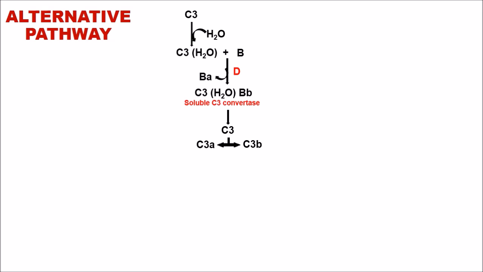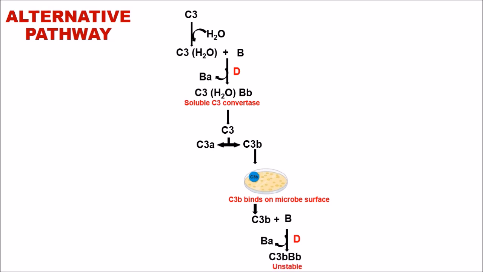When there is an infection, C3b covalently binds to the microbe surface. This is known as complement fixation. In the next step, the factor C3b binds with factor B again, and this factor B, again in the presence of factor D, is cleaved into a small fragment Ba and Bb. The Bb again binds with C3b and forms a complex,